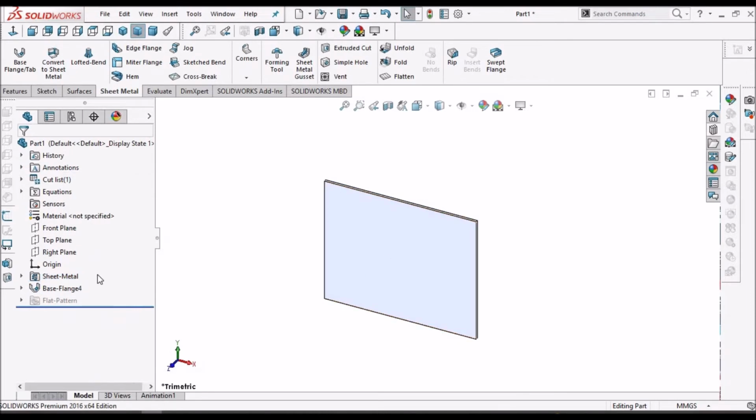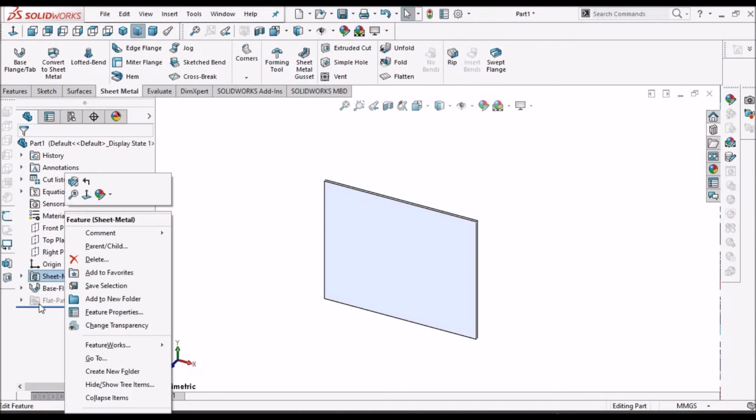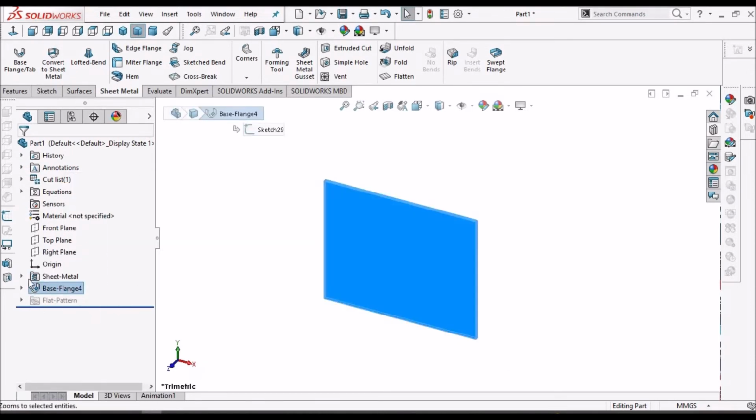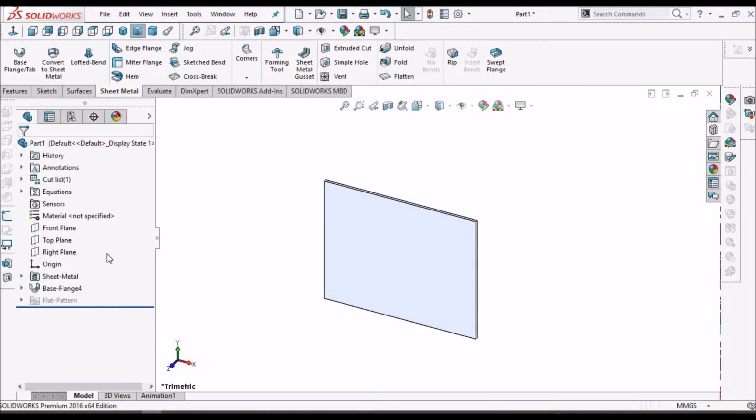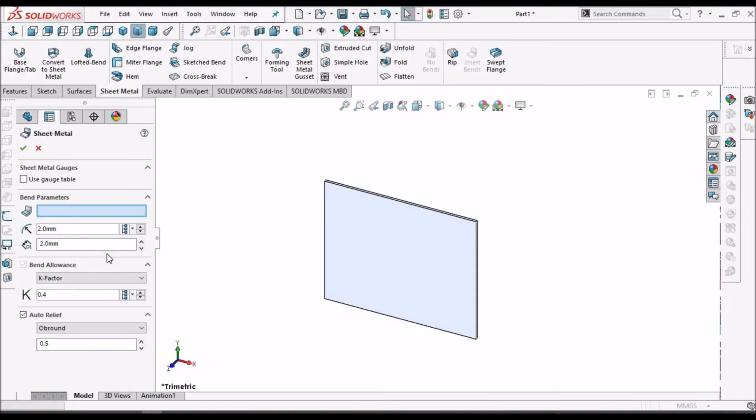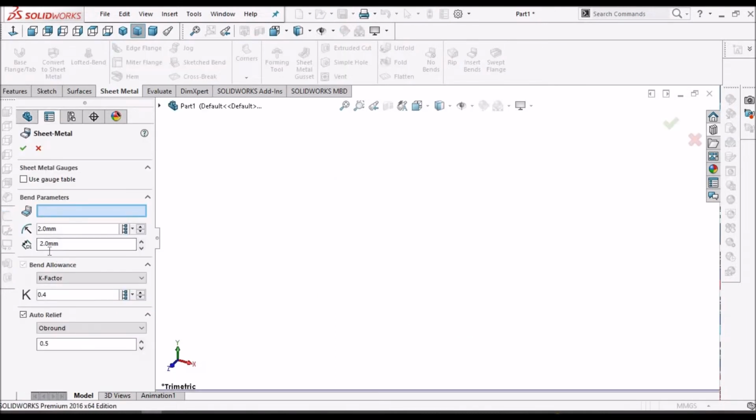Once this base flange is created, this sheet metal folder is created. See here, these parameters are available here. So when I edit these parameters, it reflects in all the features which are dependent on the base flange.